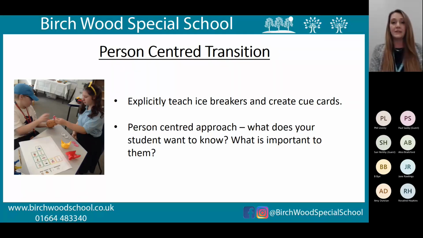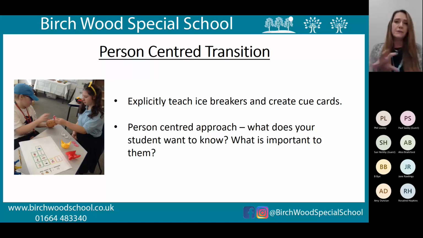and to give examples of conversations, maybe pick out some things about that young person that they think are really important or really key about them and their identity, things that they might want to say just to start that conversation off. So if you have a young person in your class that you know is moving on and might not know anybody, it could be really useful to come up with these things, put them on a cue card, and then practice the conversation. So it might be that they are practicing with an adult, or it could be that if you've got more than one student who's moving on, you could have a small intervention group. They could practice those conversations and those icebreakers together.